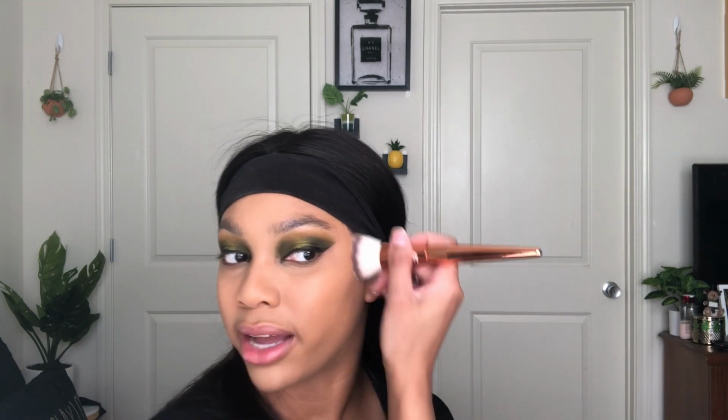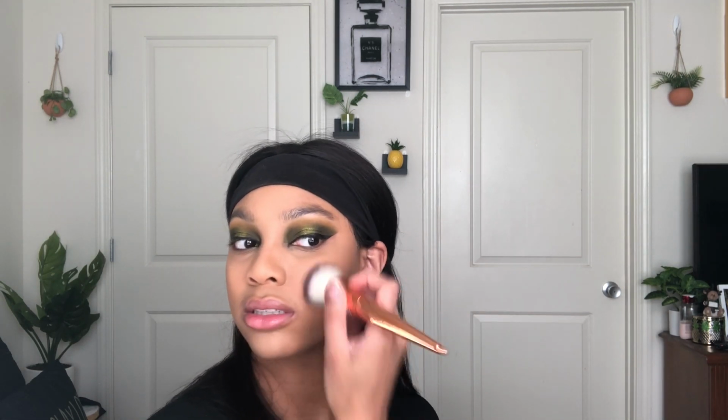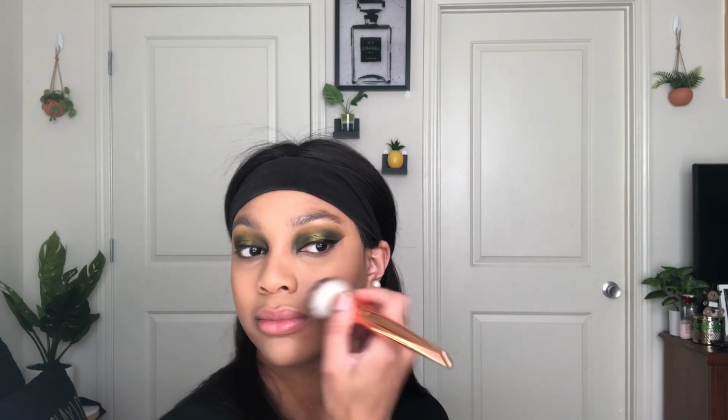And I'm just using this Alamar Cosmetics bronzer brush. I love these Alamar Cosmetics brushes. I need to just buy a whole set because I actually got these in a BoxyCharm box. But I want more. They're so good. And the packaging of them is